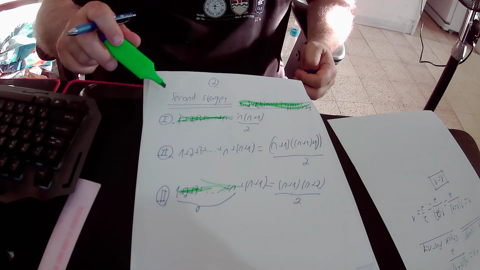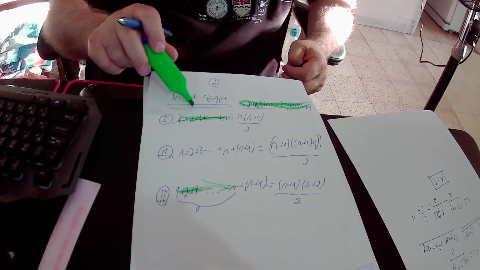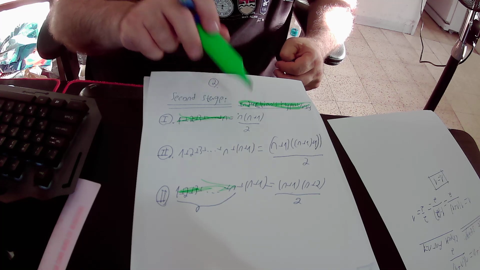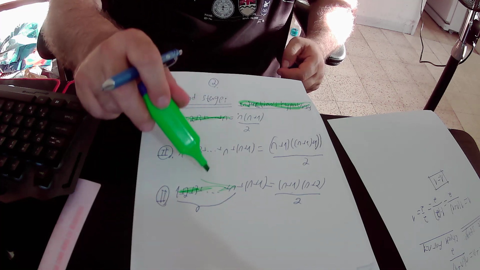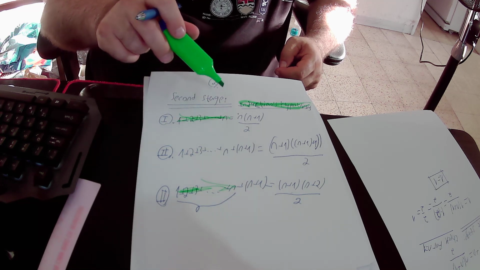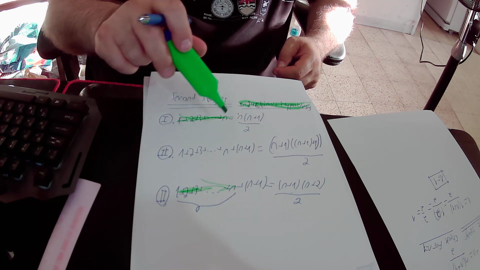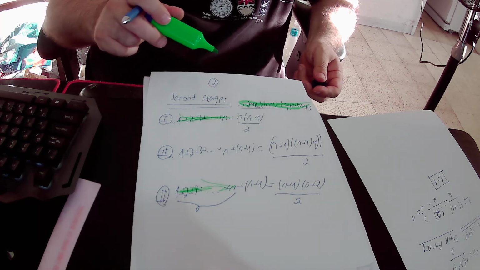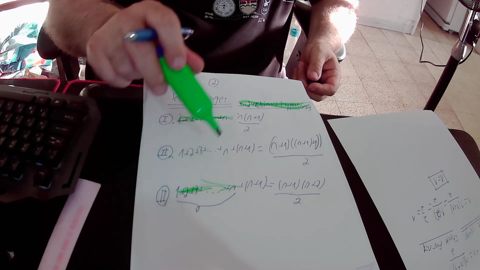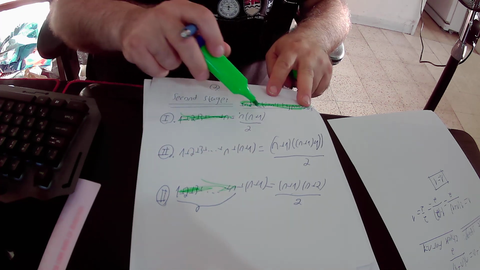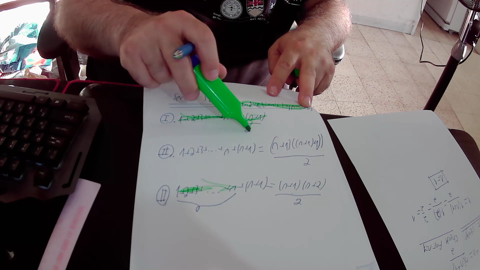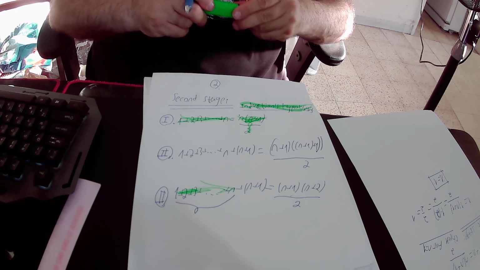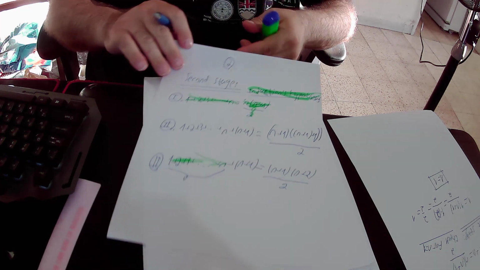And this expression in the green color equals n times n plus 1 divided by 2, and this expression equals this expression, so we can say that this expression equals this expression. Okay, so we can substitute this expression by n times n plus 1 divided by 2. We can substitute between them because they are equal to each other. Okay, so now we will create,